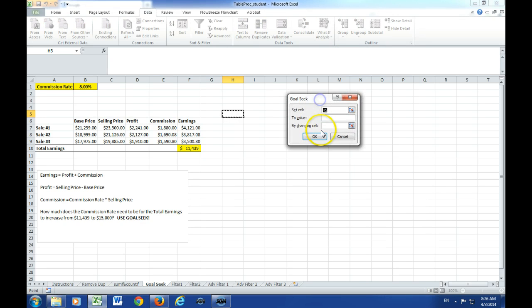This goal seek has three arguments. The set cell means we want to set this one, F10, automatically they put it as an absolute address, and the value should be $15,000, like that. And then we want to change the cell, commission rate B1. So in this case, click on